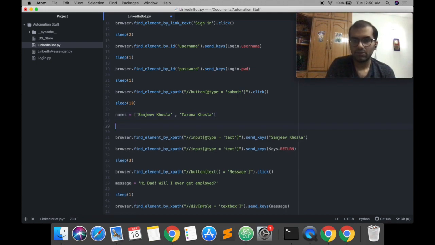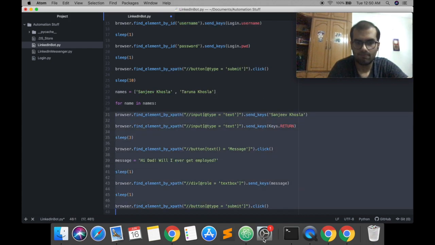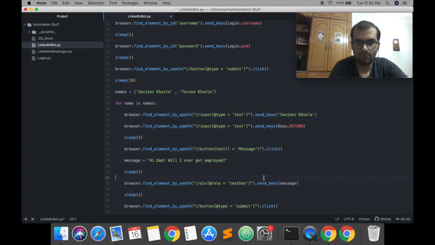The first thing we're going to do is put things into a for loop that cycles through all of the names. So we'll just create a for loop. Right, so now we're gonna cycle through the names and we'll remove my dad's name and just put name over here.